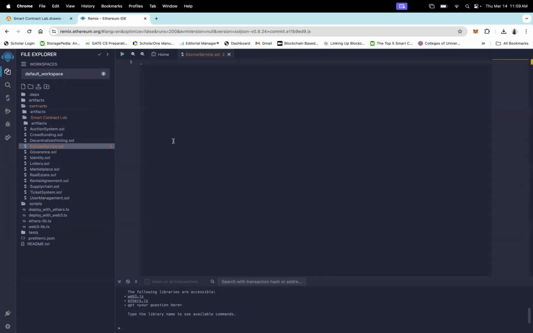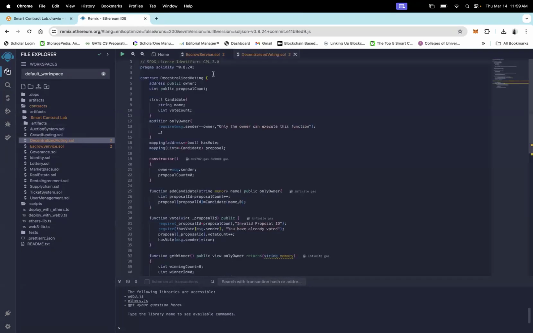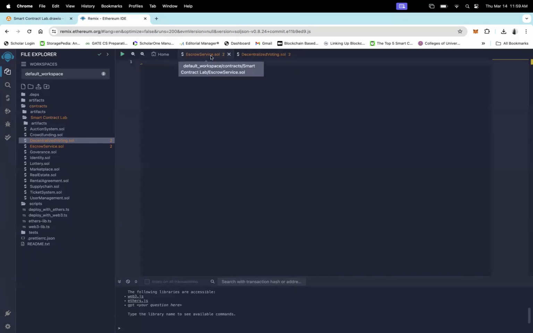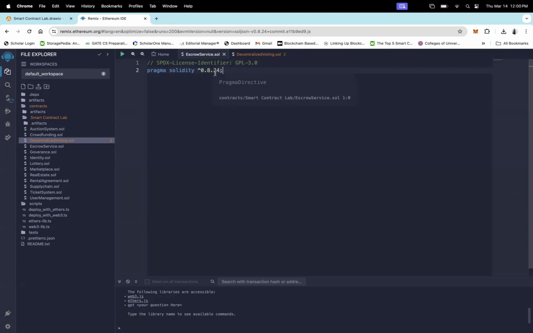Now, before we start designing the contract, first we need to specify the license identifier and the compiler version. So let's take any other default code file and just copy these two pieces of information into your file. The first one is your license identifier. Let's specify the license identifier we are going to use in this code. And here we are using the compiler version 0.8.24, which is the latest compiler version. How can you specify the compiler version? By using the pragma